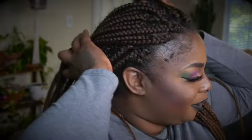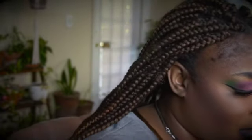So yeah, and my eyes, I did a lot of crazy colors with my eyes. I'm just feeling this crazy look today. Not too dark, not too light. I just love using concealers to ombre my lips. Okay, I hope I'm looking okay. So anyway,